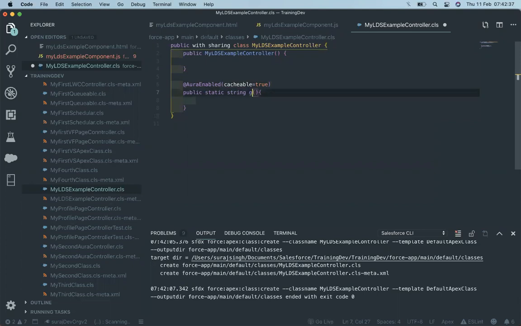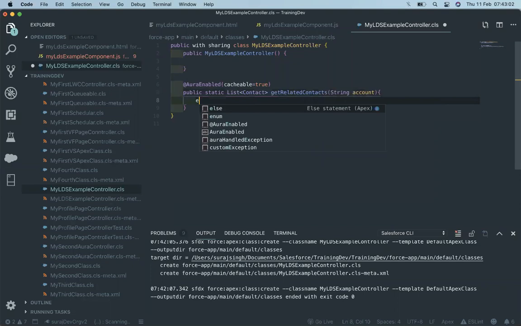The method name is getRelatedContacts, and in that I will pass the account ID and get the related contacts. So the return type must be a list of Contact, and let's do the return.